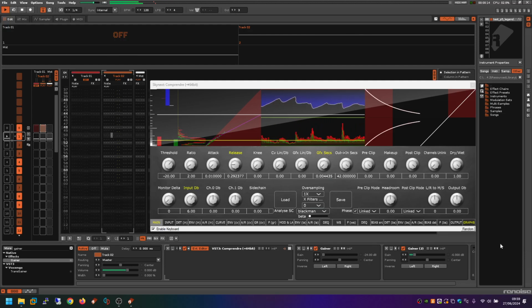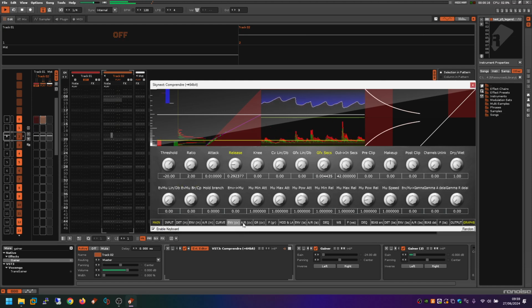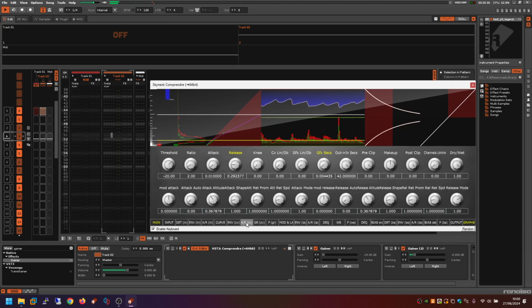After every envelope follower, you have the attack and release that correspond to the envelope follower. You have a lot of parameters for attack and release itself. So the first parameter